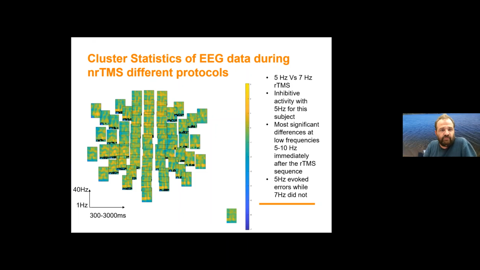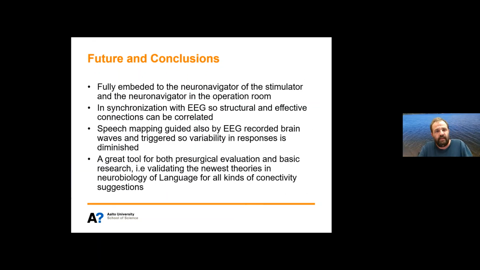And this can also be very useful for multilocus, to see where we stimulate simultaneously, or priming one area with one pulse and trying to disturb with the other or with other sequences. And this is actually where we want to go. We want to create a fully embedded neuronavigator where we can have real-time the structural connectivity, but also the functional.